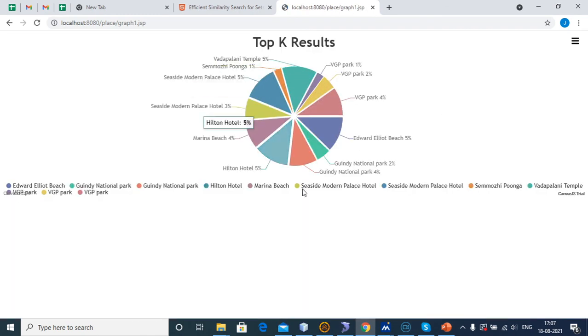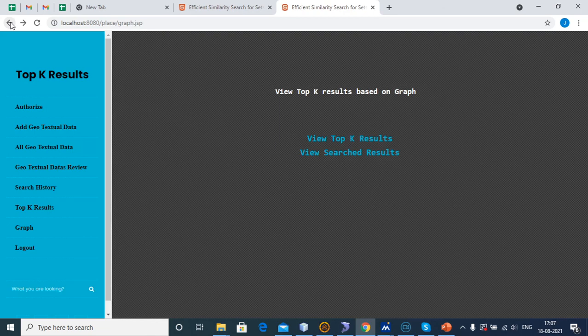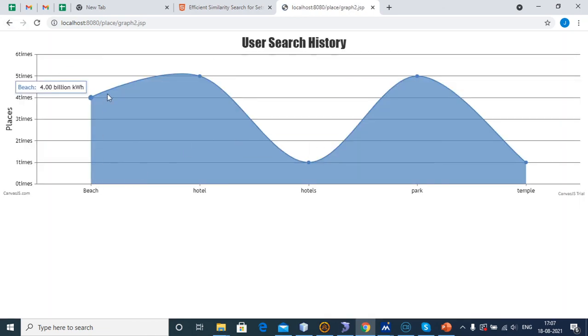These are all the top K results, which are the topmost results in that geotextual data. After that, we have to see the search results: beach, hotel, hotels, park, temple. These are the search data.